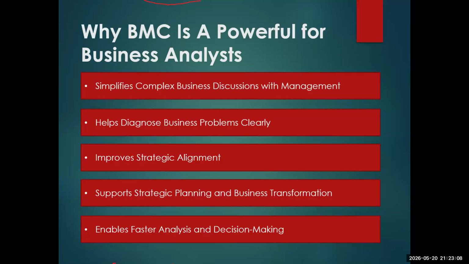Thirdly, it improves strategic alignment. Strategy simply means how are we going to attain XYZ over this period of time. So you can now set a goal and have a strategic alignment, a strategic pathway to meet that goal. You can improve that clearly. In fact, you can measurably do that. By year one, or by month one, we should be able to do this. By month two, this impact can be measured. It also supports strategic planning and business transformation. There's a lot of this going on around business transformation.